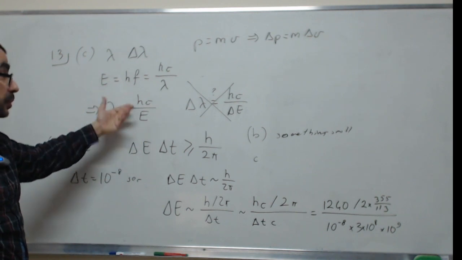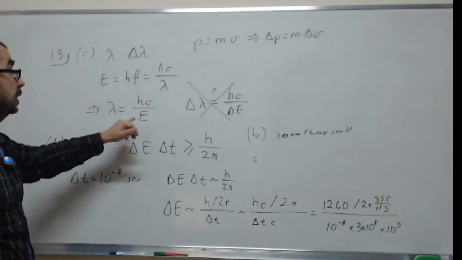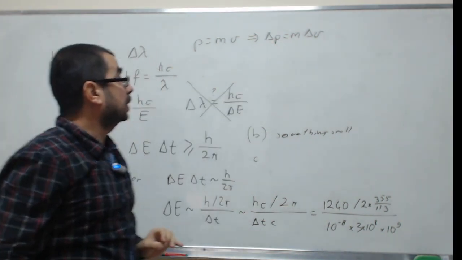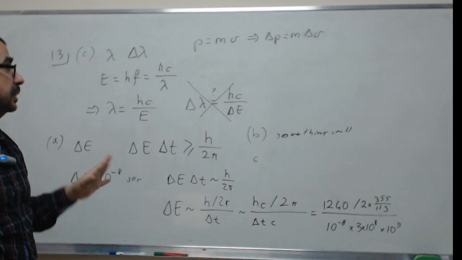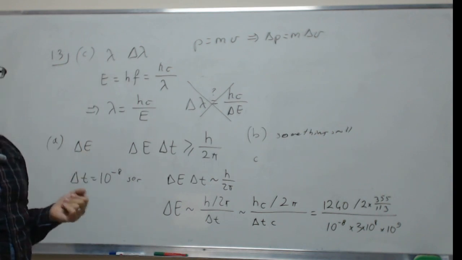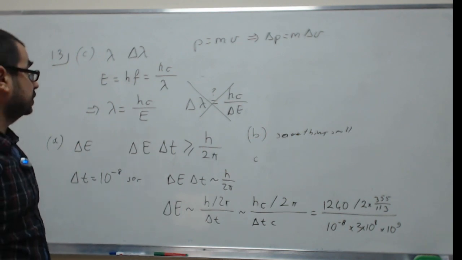It could be it's proportional to the square. It could be it's proportional to sine of this or something like that. But this substitution will work only for a linear relationship. For anything nonlinear, you need to do something different. And the easiest thing to get the uncertainty relationship for a nonlinear relationship between variables is to take derivatives of